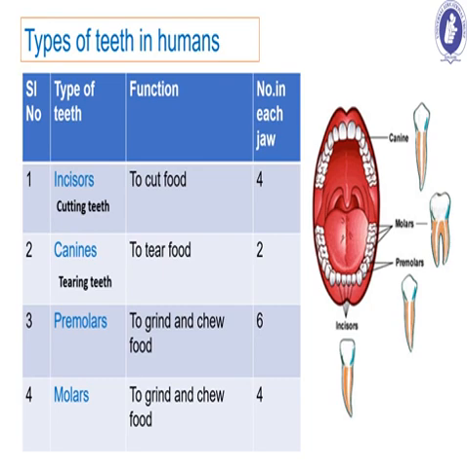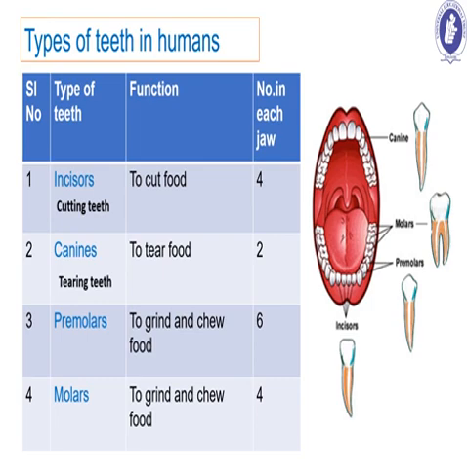Now these canines are found in the sides of our mouth. They are also very sharp and help to tear the food. So canines are called tearing teeth. Premolars have broad surfaces, just like in the picture. They help to chew and grind the food. Similarly, molars are mostly present in the back side of our mouth. So these premolars and molars help with grinding and chewing food.